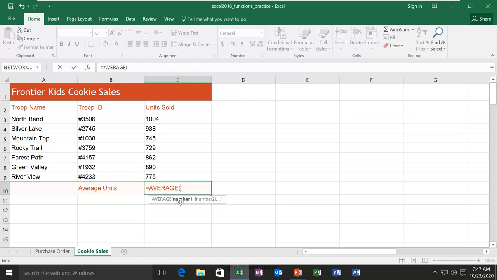Then now it is asking for what? You can see that it is giving you the reference, like what you want to have here. Next you have to add the argument value. So I want this, so I will select this and then I will close my function and then I will press enter. And what I get here, I get the total value and the average value, and I can see the function here in the formula bar.